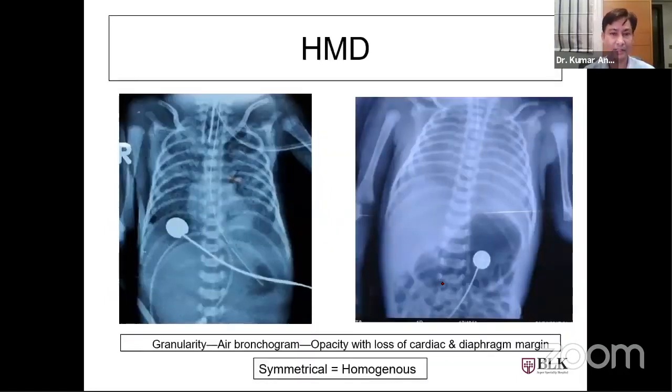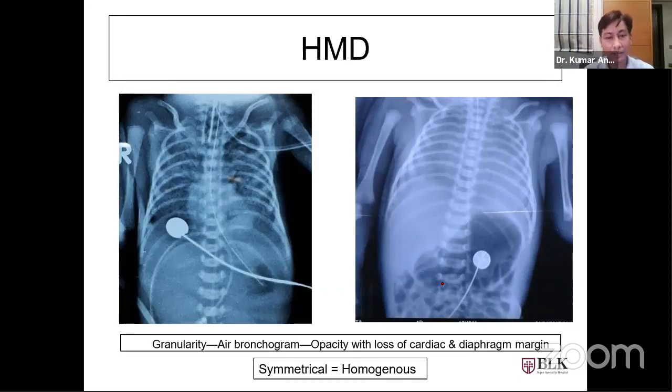Looking at other diseases like hyaline membrane disease, we as pediatricians find hyaline membrane disease in day-to-day practice. But over the last few years, we found that the classical HMD is not being seen. The reason is that probably antenatal steroid use is very good, in the range of 80-85%, especially in cases of preterm delivery. And probably early usage of delivery room CPAP would improve the FRC.